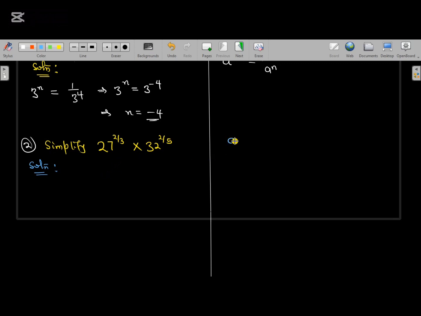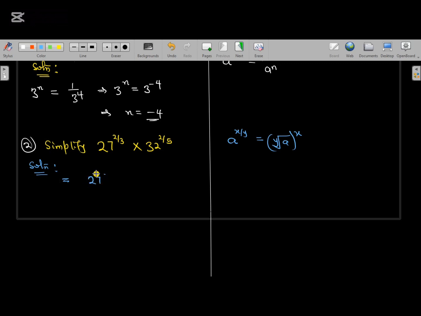It says that if a is raised to the power of x over y, then we can write this in such a way that y will become the root of a, and then x, which is the numerator of the fraction, will remain as the power. But is that going to be the best option? You can use that approach, and if we do that here, we are going to have